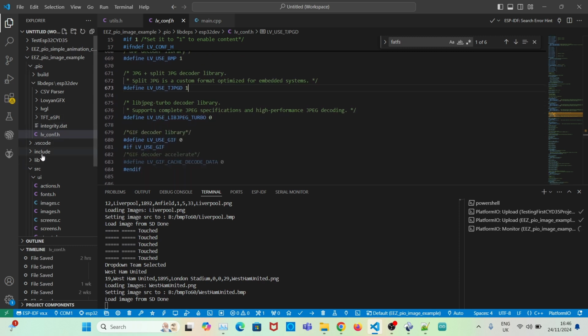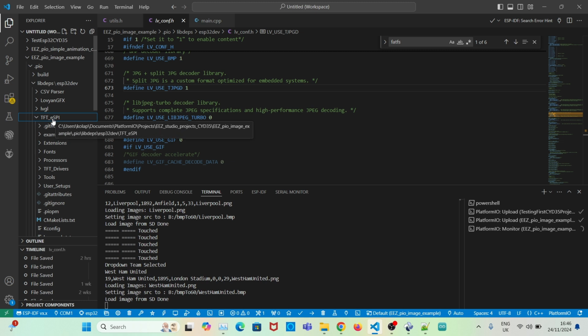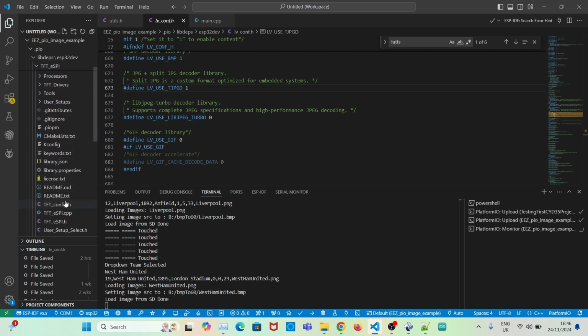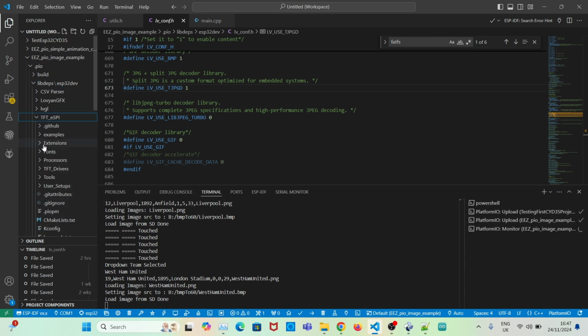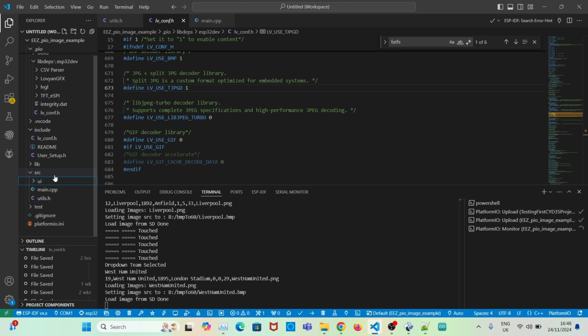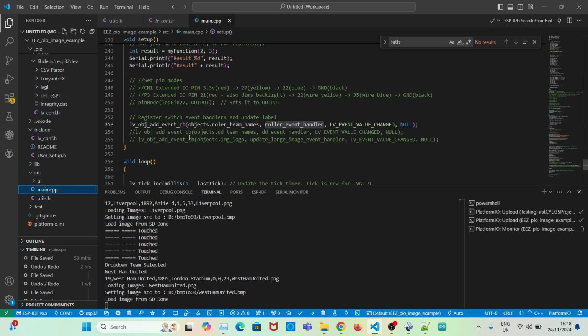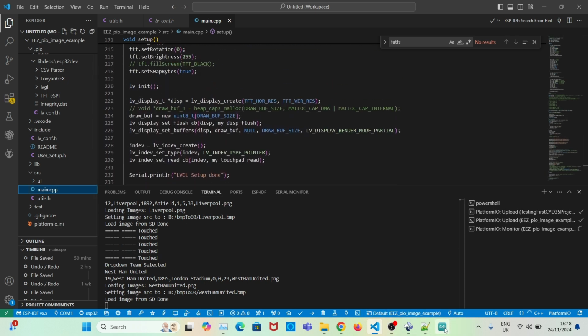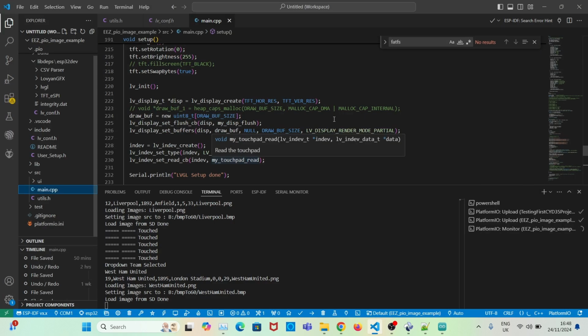And as per usual, you have to copy the user setup header file into the TFT ESPI library. So I did that here. You will need to delete the existing one before you paste it. Now that we have configured the LVGL config file, nothing actually changed in the main.cpp. It's exactly the same as the Arduino one. The only thing I had to comment out was